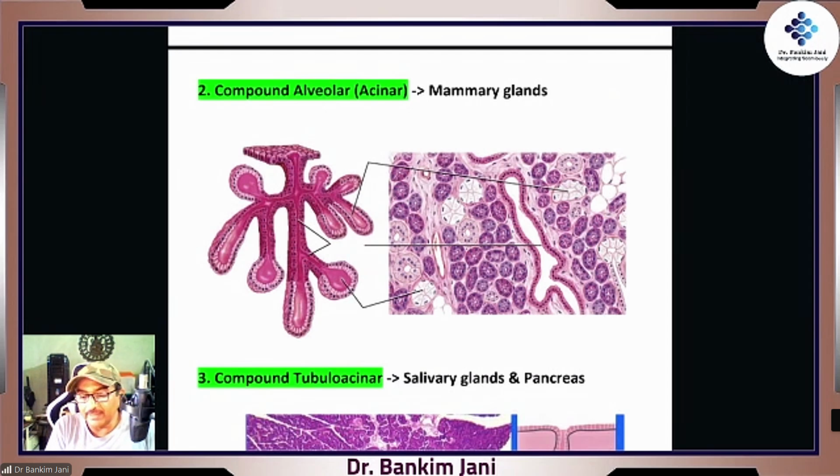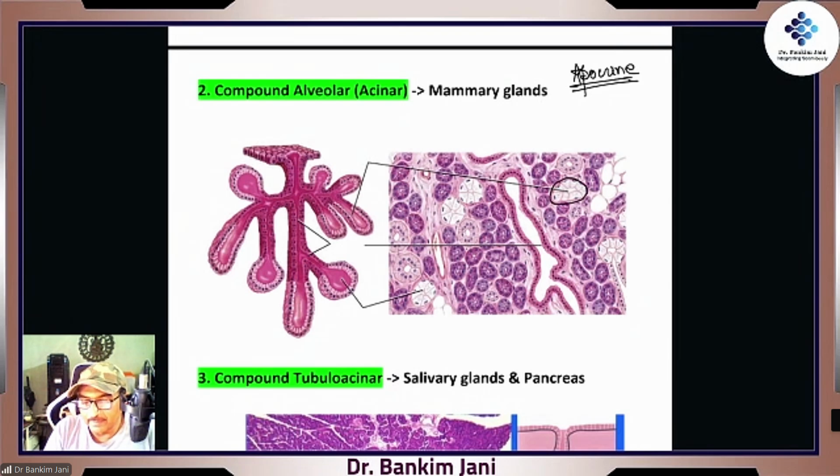Here we saw that in case of mammary glands, they were apocrine. So apocrine was a type of secretion, how they secrete. But how will they really look like? Now see this in this particular section. These glands, these ducts, these secretory portions are in 3D. So when a section is taken, sometimes it goes through this portion, sometimes through that. So some glands are cut horizontally, some are cut vertically.